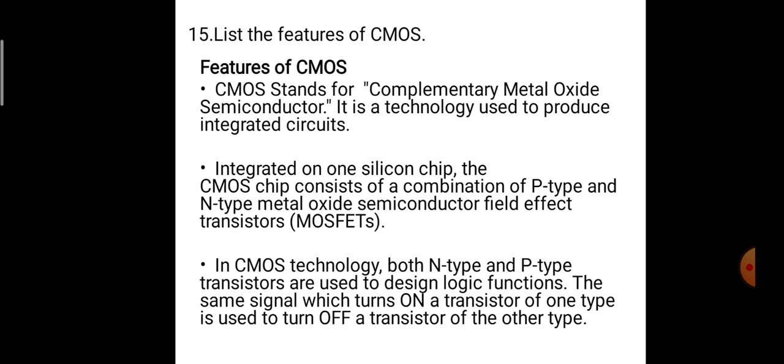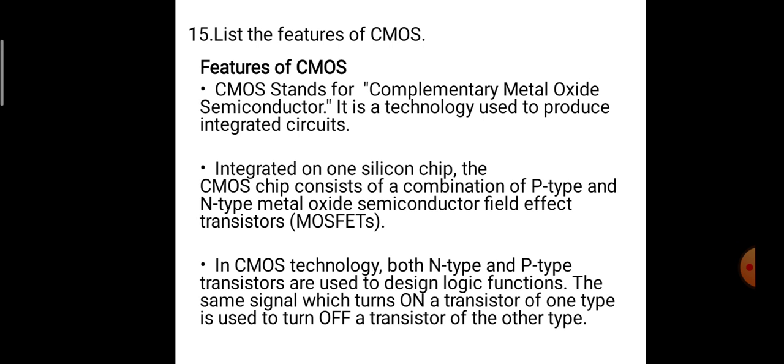Question number 15. List the features of CMOS. Now we are discussing the features of CMOS. CMOS stands for complementary metal oxide semiconductor. It is a technology used to produce integrated circuits integrated on one silicon chip. The CMOS chip consists of a combination of P-type and N-type metal oxide semiconductor field